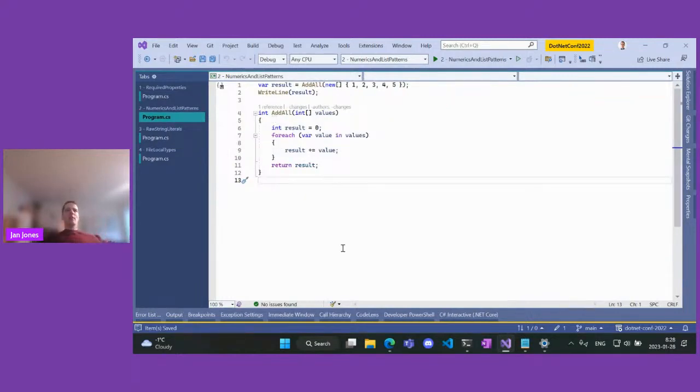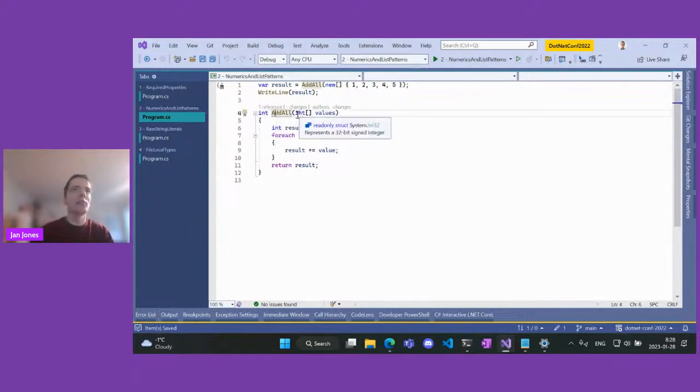So here we have a simple numerical algorithm. It takes a list or array of values of integers and sums them up, so very fancy algorithm. And yeah, imagine I now would like to use doubles here, for example.